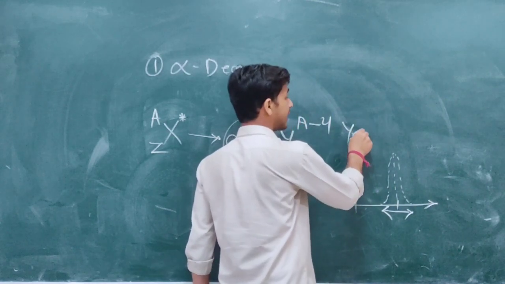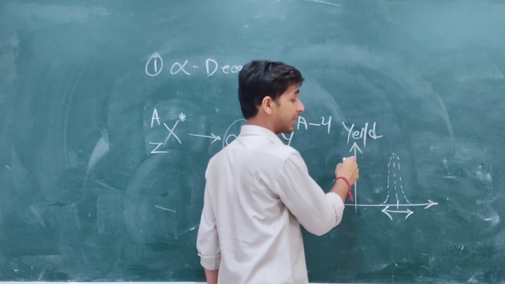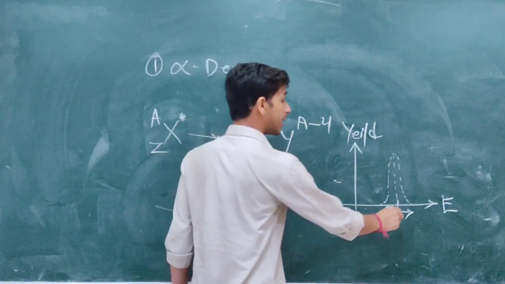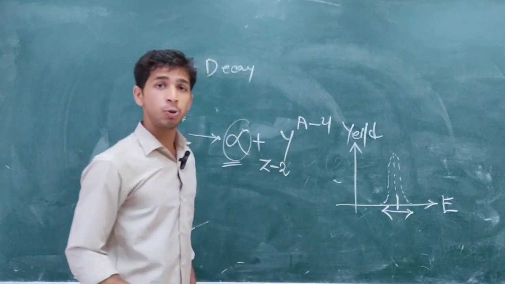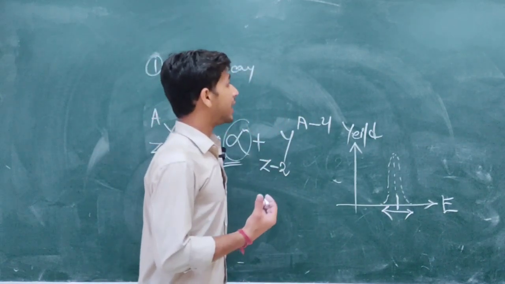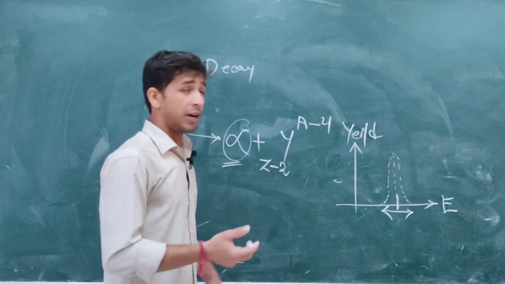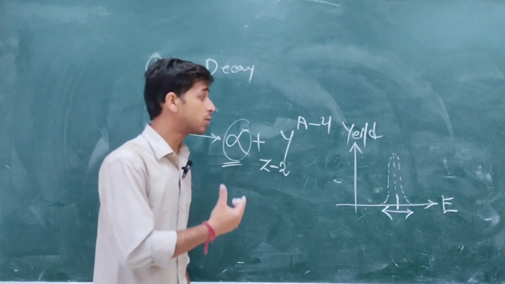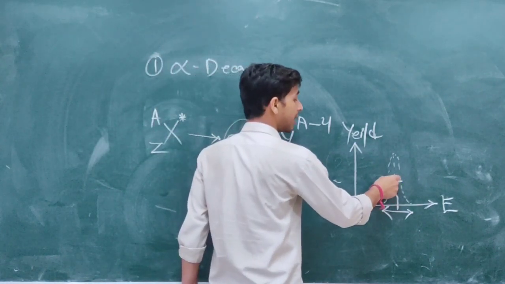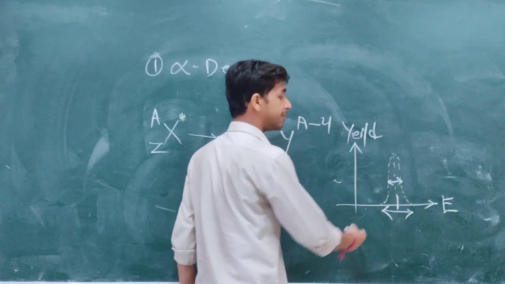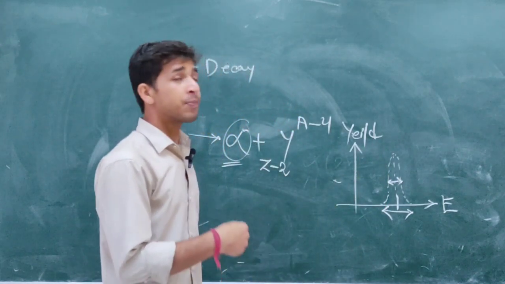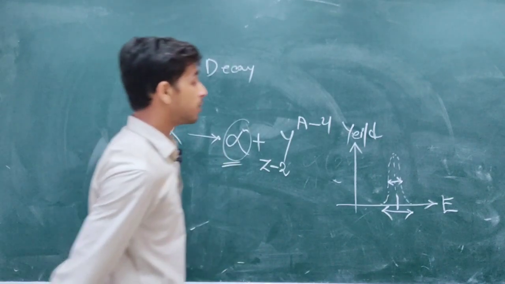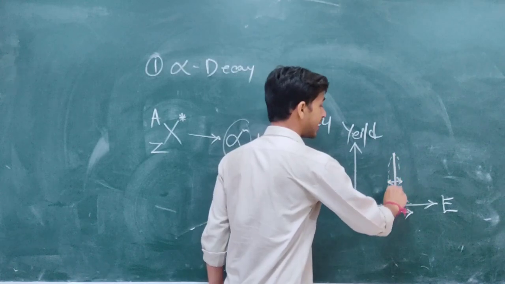So this axis is the yield of alpha particle and this is the energy of the emitted alpha particle. It will be a constant fixed number, but due to the measuring device inaccuracy, different kinds of measuring devices will measure some sort of error. That error is denoted by this kind of spectral shift. This shift is due to the resolution of the detector. So this is the spectrum for alpha particle, meaning it's a discrete